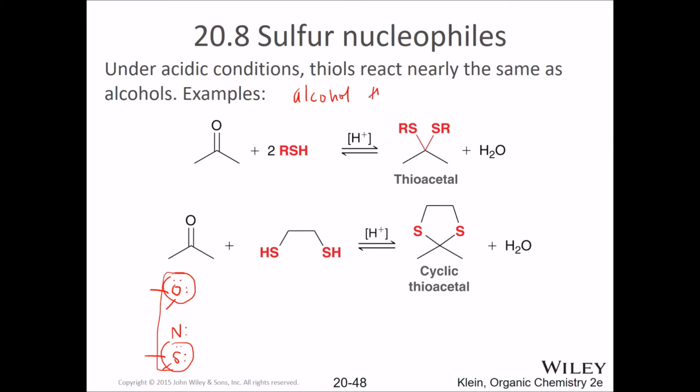In our alcohol chapter, we had a section on thiols, right? Where thiols are alcohols, but replacing the oxygen with sulfur. Okay, so you see this here, and you think to yourself, oh, well, this is the same mechanism we did before. We did this capping. We made a cyclic acetal with this alcohol,